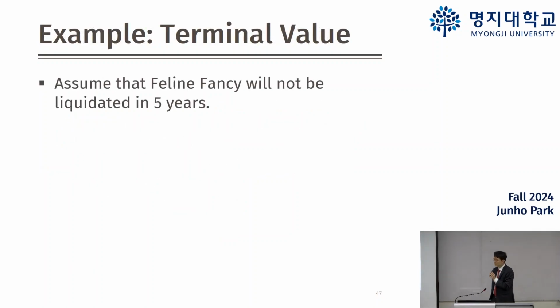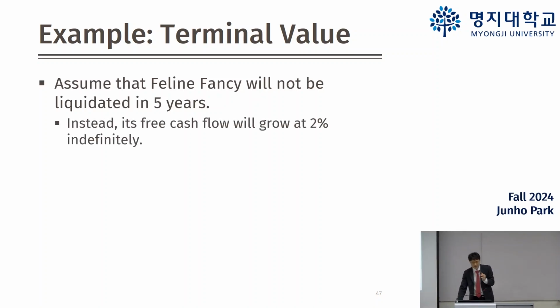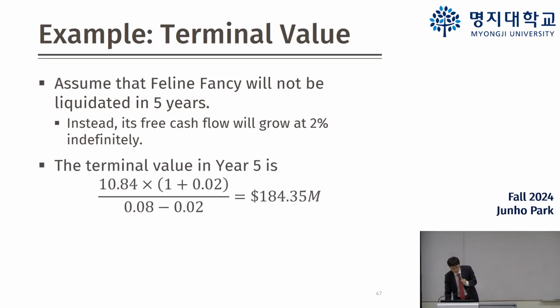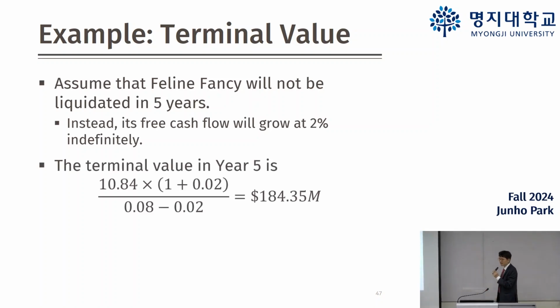So, let's go back to the Fallon Fancy example. And now we are going to make a more realistic assumption. So it will continue to operate even after 5 years. However, instead, we are going to assume that the free cash flow will now be constantly growing at 2%. Then we can get the terminal value using the perpetuity formula as